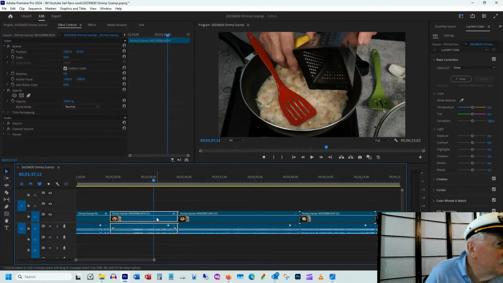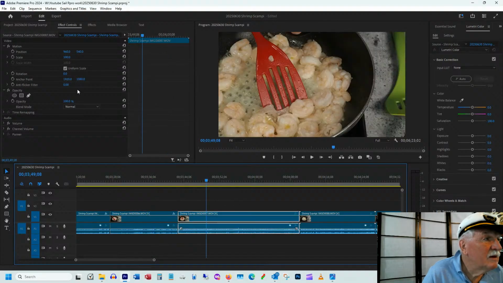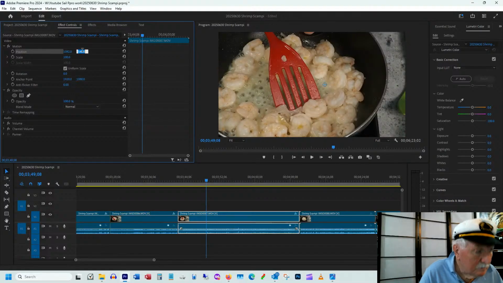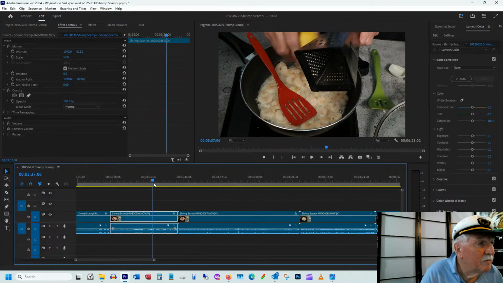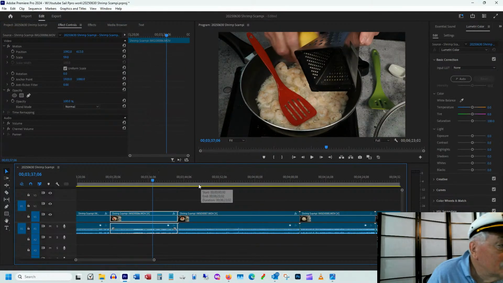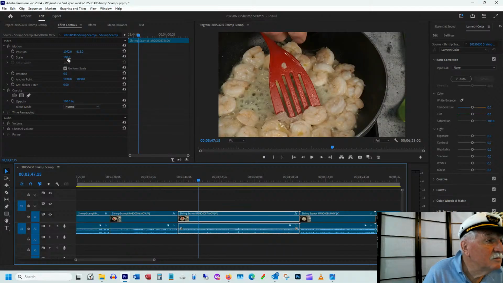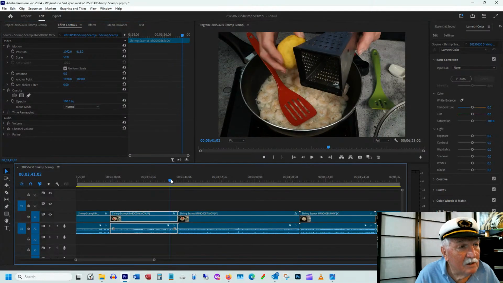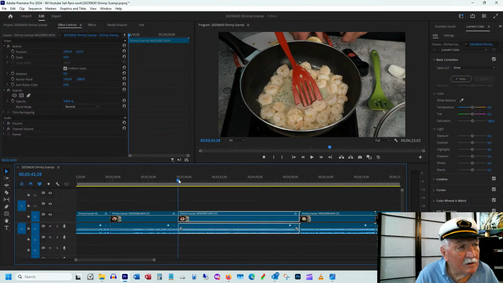Okay, let's take these same positions. 1092, 613. 59% zoom, 59. Okay, so now we're going to bring that here, did that, and now